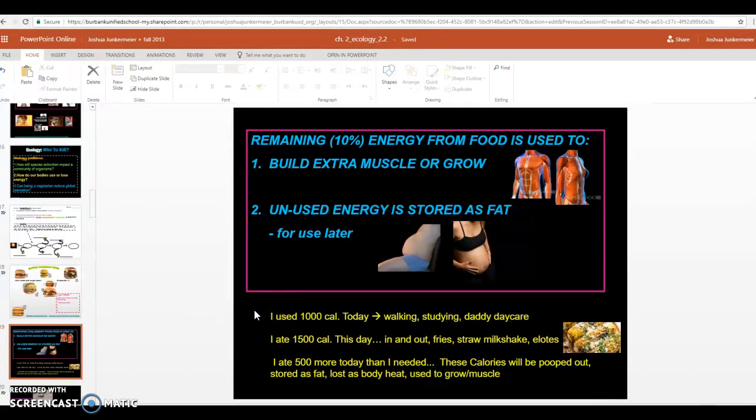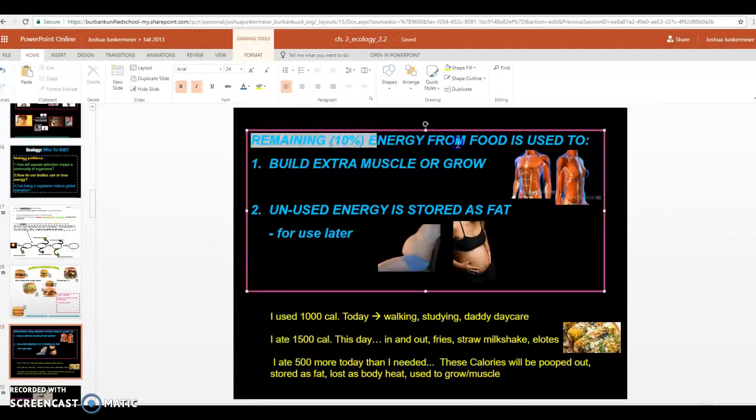All right, next up we have slide 19. In your notebook, please write slide 19, and let's see what we have here. To copy down for slide 19, it says the remaining 10% of energy from the food we get. So of the food we eat, we get 10% of that energy possible, if you think about it in terms of the food chain. Just really quickly, if you're reading this, you're thinking, well, why am I only getting 10%?